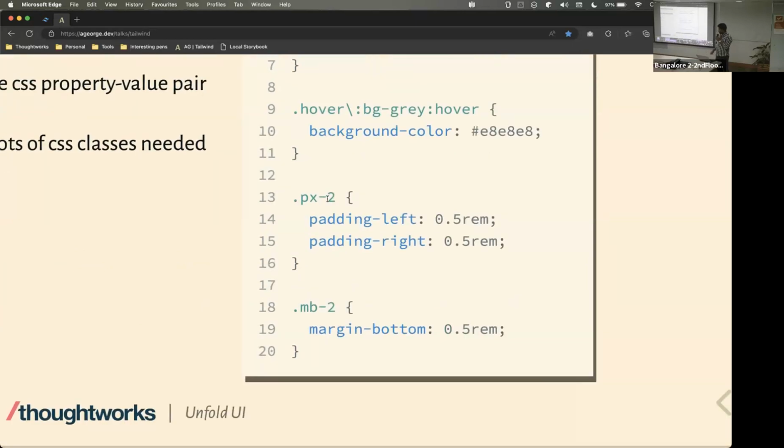Classes starting with P. P is for padding. So you have a couple of classes. PX is for horizontal paddings. PY is for top and bottom. There is also B, L, R, T for bottom, left, top, right. So P is for padding. M is for